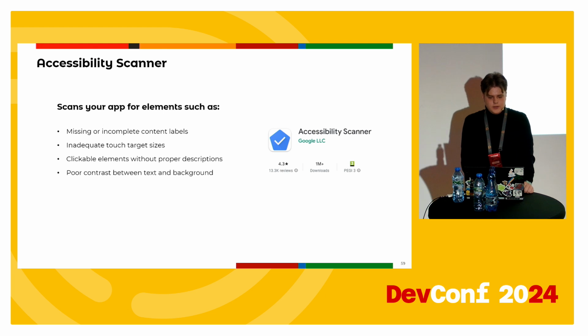Manual testing is irreplaceable, but automated tools like the Accessibility Scanner app can help you detect around 40 to 50% of potential issues. Accessibility Scanner scans your app for elements such as missing or incomplete component labels, inadequate touch target sizes, clickable elements without proper description, and poor contrast between text and background.